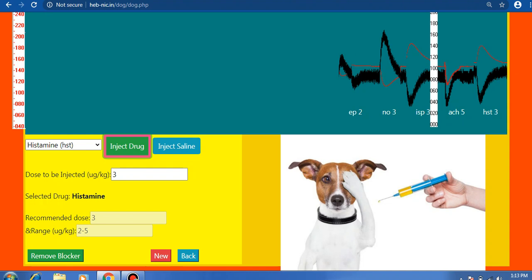Okay. So after that, what we have to do? We have to measure this heart rate and this BP. How will we measure the heart rate and BP? We have to just move the mouse pointer over the display, and that will help to measure the blood pressure and heart rate. Okay. So in this way we will perform this experiment.